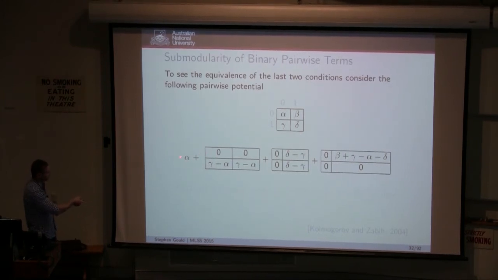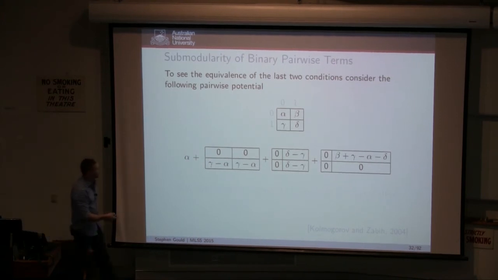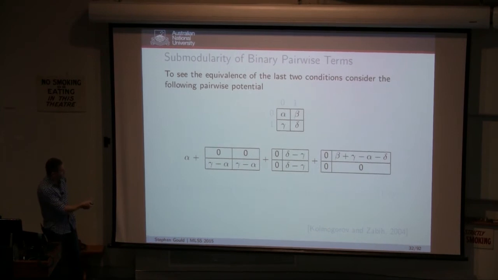So if I perform the sum across this, for this first element here, it's going to be alpha plus 0 plus 0 plus 0, so that gives me alpha. For the bottom right corner, it's alpha plus gamma minus alpha plus delta minus gamma plus 0, so that gives me delta. Okay? So this is exactly equivalent to this, but